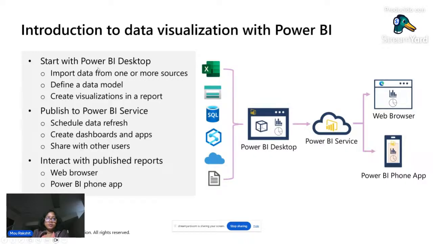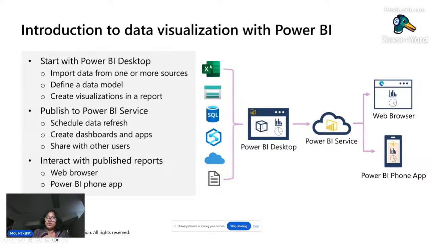So you can start with Power BI desktop, create the visualization, publish it to Power BI service. Service is basically its own cloud. You are going to be publishing for consumption through app and through browser. Schedule the refresh. You can also schedule the refresh. So when you are publishing in the Power BI service, then your source data may not be static data, right?